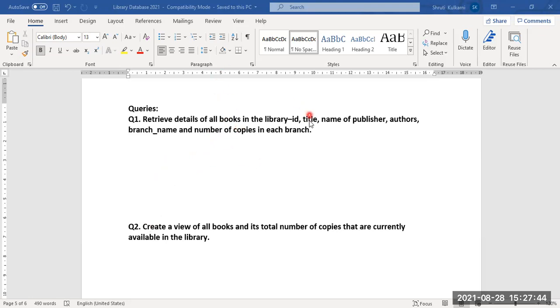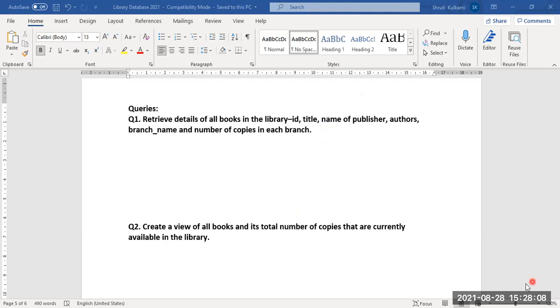So in the question itself, they have told us what to display in the single output. Retrieve the details of all books in the library. So what all things do we want here? We just need to provide the ID, the textbook name or title of the respective book, and the name of the publisher. Yes, the name of the publisher is present in another table, right?